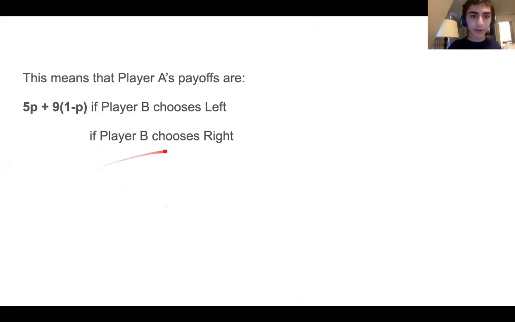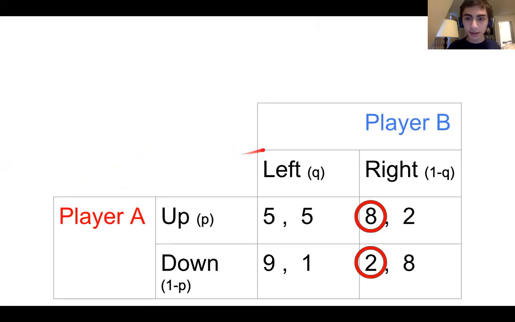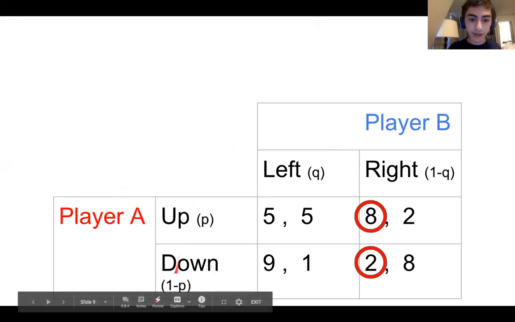So now we're going to calculate the expected payoff if player B chooses right. So again, with chance P, player A is going to choose up with the payoff of 8. And with chance 1 minus P, player A will choose down with